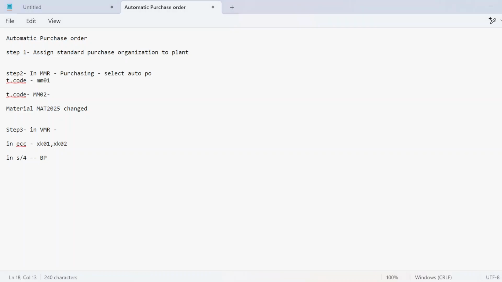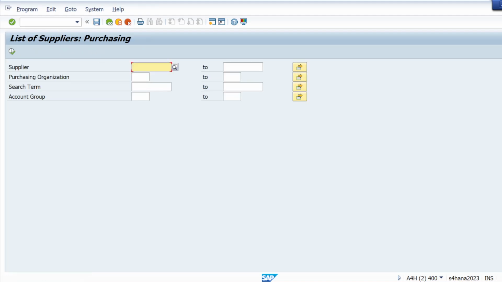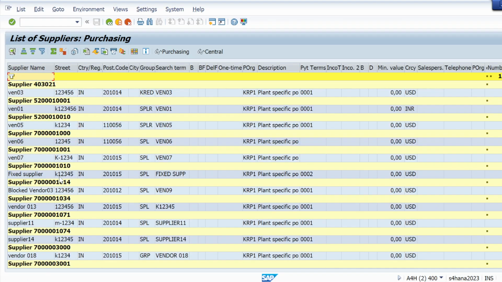The same T code is there. So let me use BP. But before that, let me open the list of my suppliers. Let me give my purchase org here and execute. And these are the list of my suppliers.